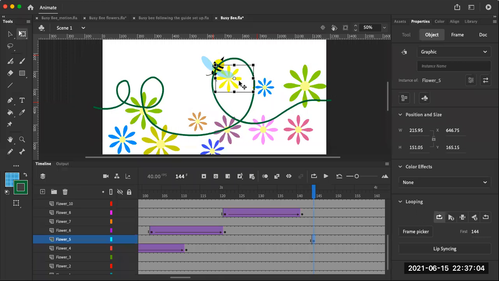All right, so I'm going to move it. Make sure that you're on the free transform tool to move the center. The center of the flower. Okay, so now